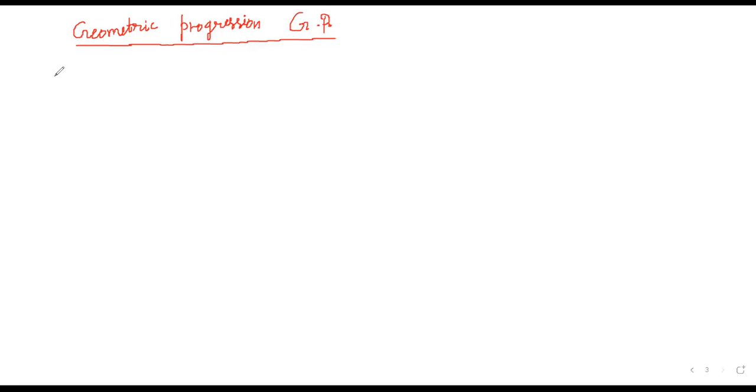In AP, we have discussed that. Let's take AP, arithmetic progression, as the reference. We add a constant to all the consecutive terms. A plus D, when D is added, it becomes A plus 2D. When D is added again, it becomes A plus 3D. And when D is added again, it becomes A plus 4D. So we have easily obtained the nth term.